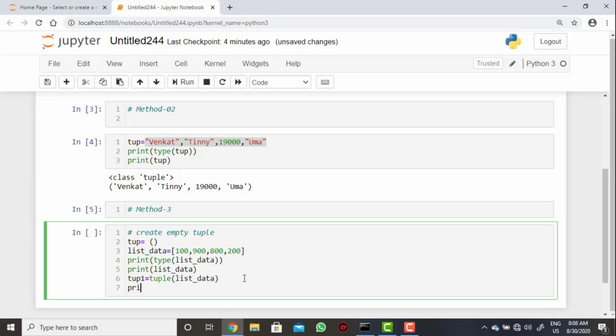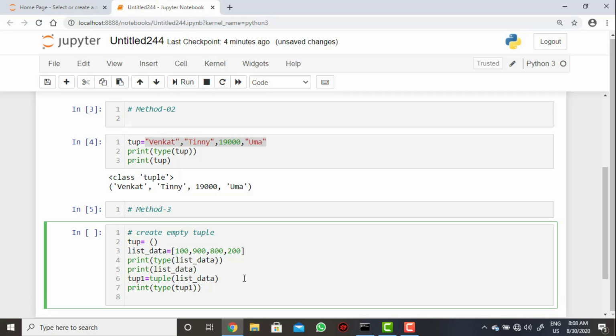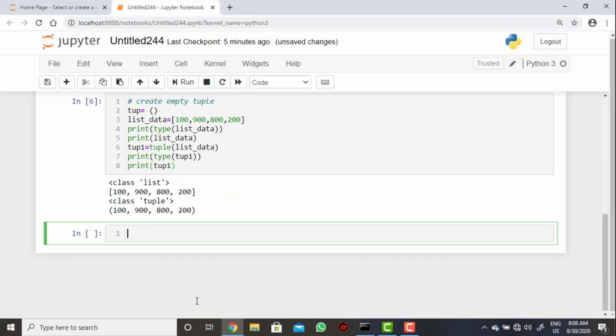After this, print of type of tuple 1, and then print of tuple 1 values. Now execute here, and see what the result will be.